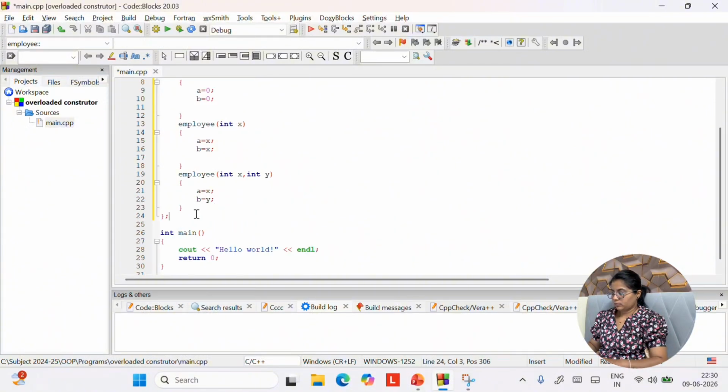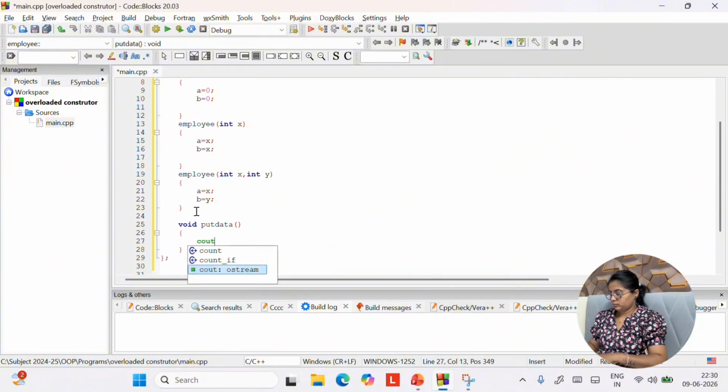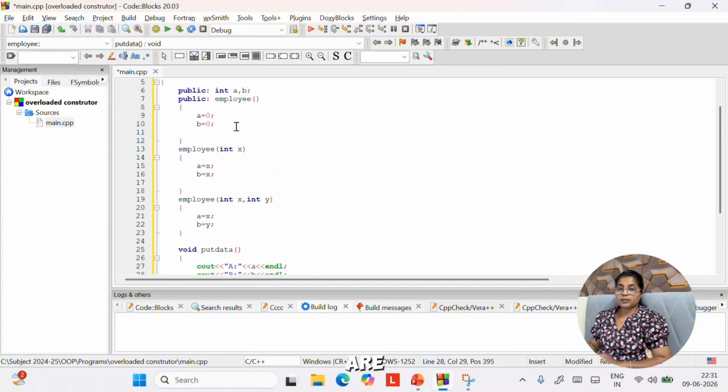Okay. Now for displaying, we need to write put data function. Okay. So these are three constructors.